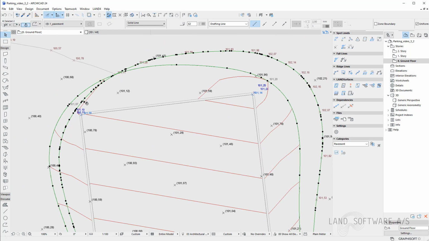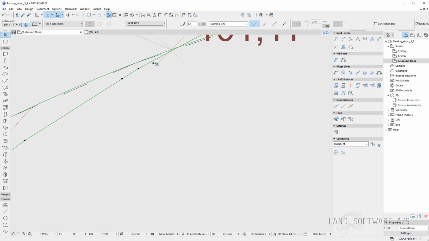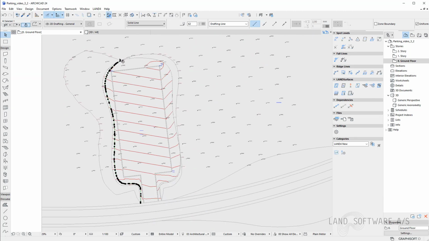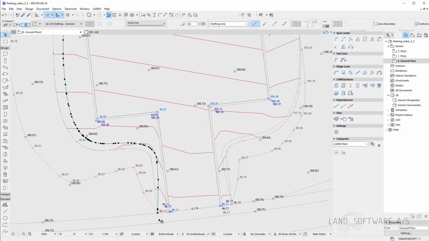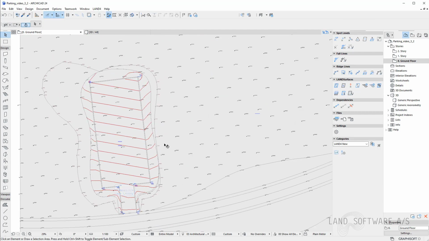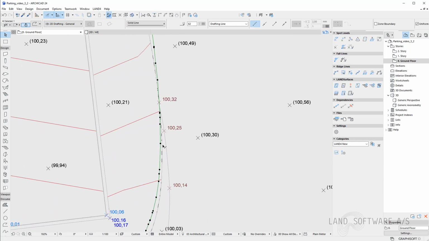Now I can do the same, select both, and I just need to trim it out from here. And we can see now all this line, it basically is within the area, so I can delete it. Now I have it also on the other side.